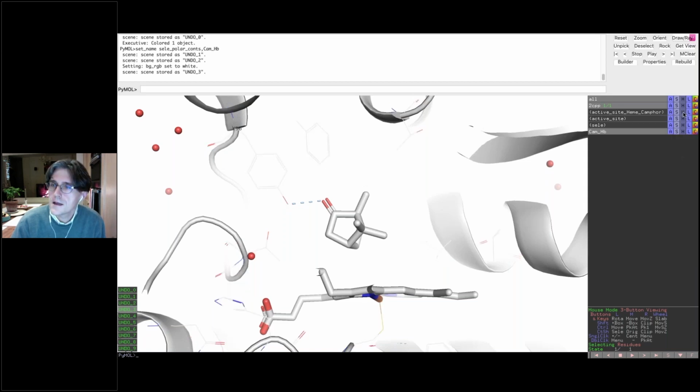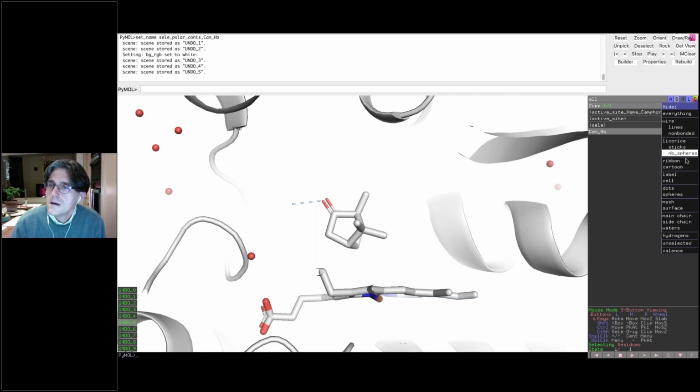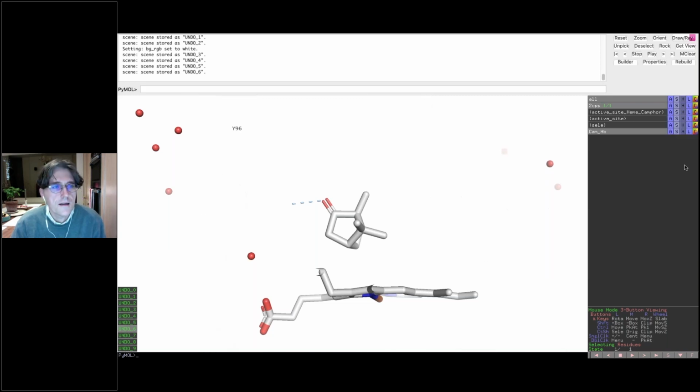I'm also going to hide the lines. And then I'm also going to hide the cartoon. We're not going to lose anything. We can easily bring that back. So there's our little label. I'm going to click editing. I'm going to try and command click on it. You'll notice I'm dragging it around. So I'm now holding down the command key on the Mac and the left mouse button, and I can actually move it. And then if I bring back